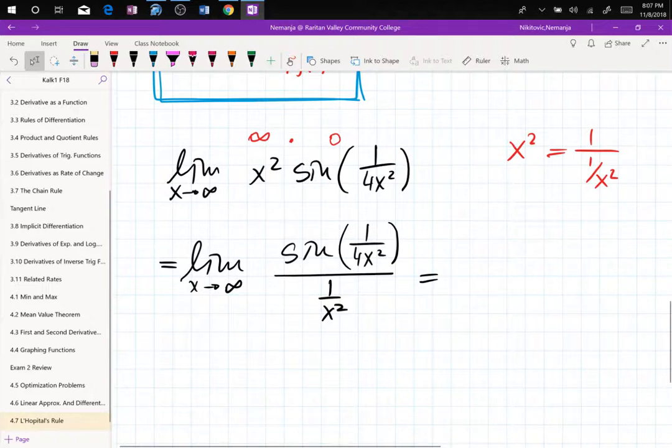Now I check again. Plug in infinity. 1 over infinity is 0. Sine of 0 is 0 on top in the numerator. And then 1 over infinity squared is 0 in the denominator. Aha! So using this algebraic manipulation, we were able to transform our problem that is infinity times 0 to 0